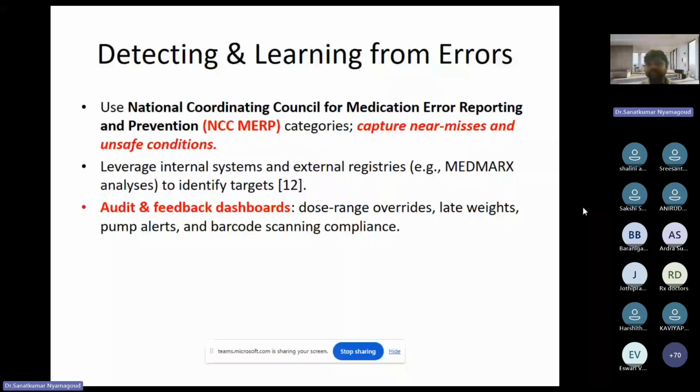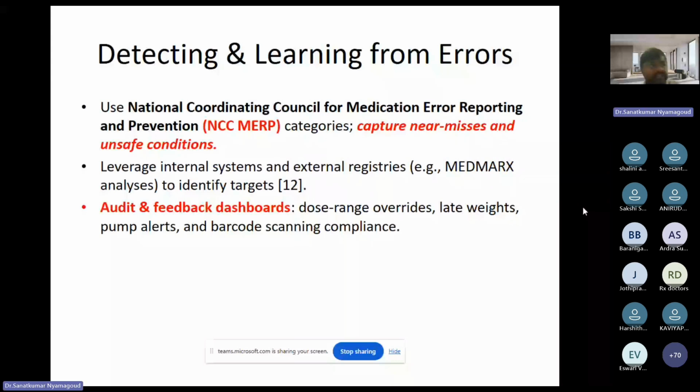In the US there is something called Medmarks analysis. Medmarks is software available in the US and UK, built into their own systems. When a clinical pharmacist comes across any medication error in hospital rounds, they come back to the department and add it in Medmarks. Once they add it, a message goes to each prescribing doctor, telling them that for this particular patient they have prescribed this medication, and this error, or this medication dose, was written wrong. It alerts the prescriber so that they do not make the same mistake next time.